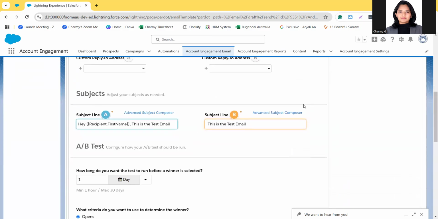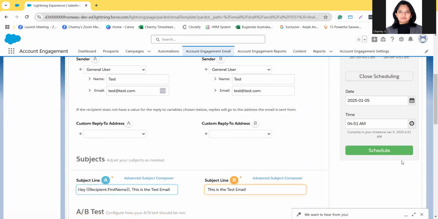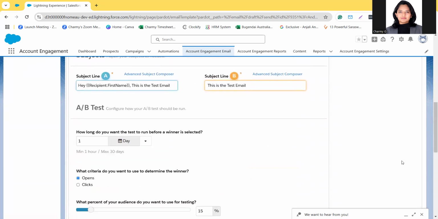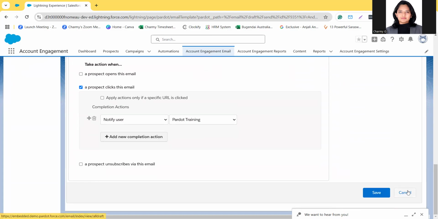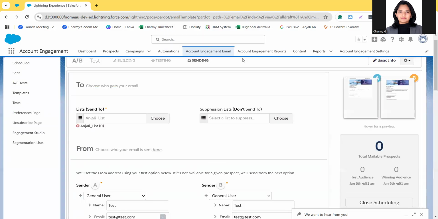So your A/B test is saved. Then you have an option whether you want to schedule it or you want to send it now. And then your A/B test will start running. So this is how A/B test with